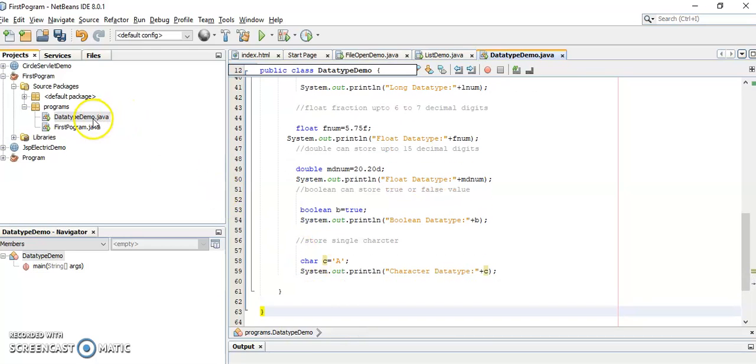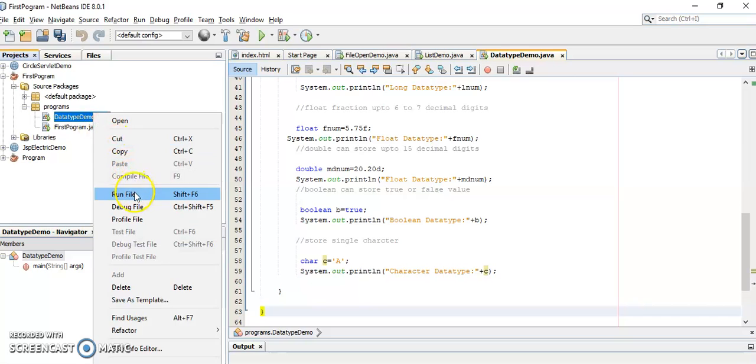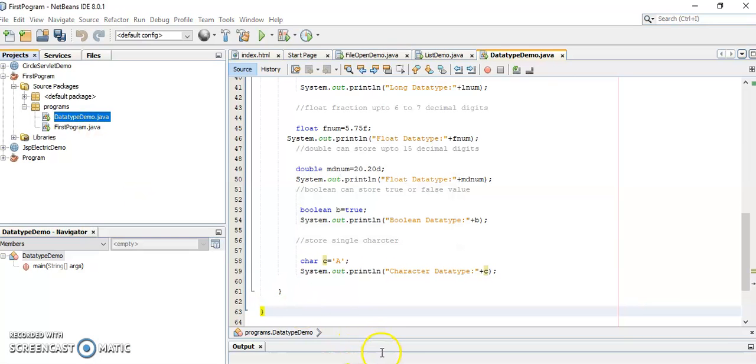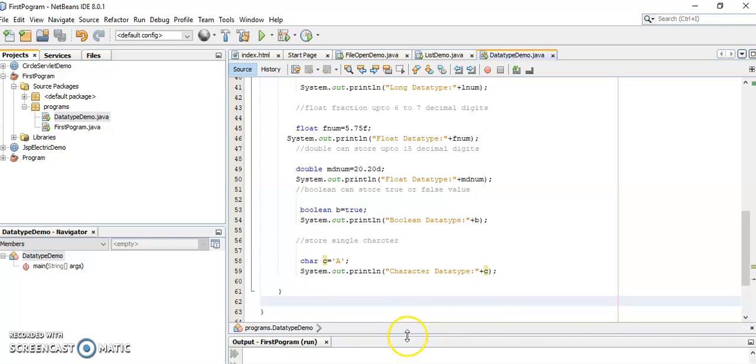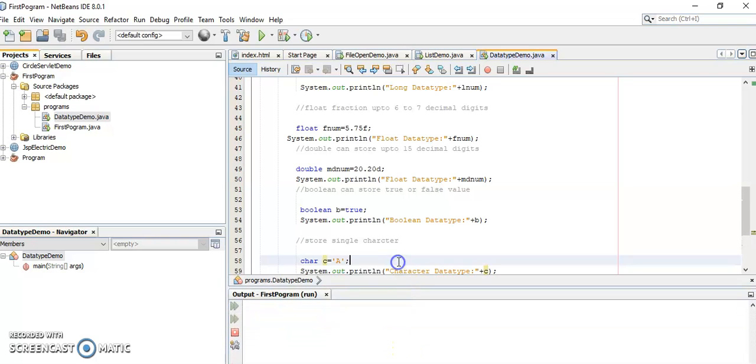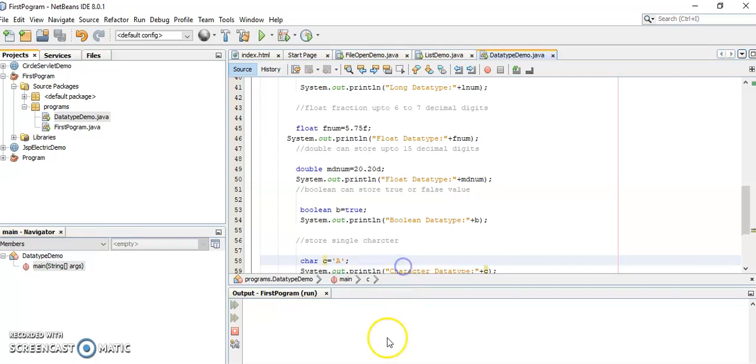We are going to execute the program. Got the output for the program.